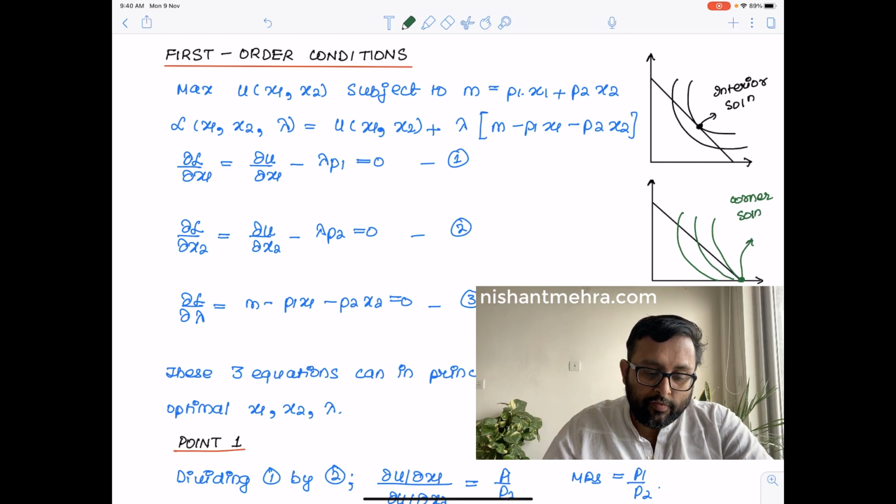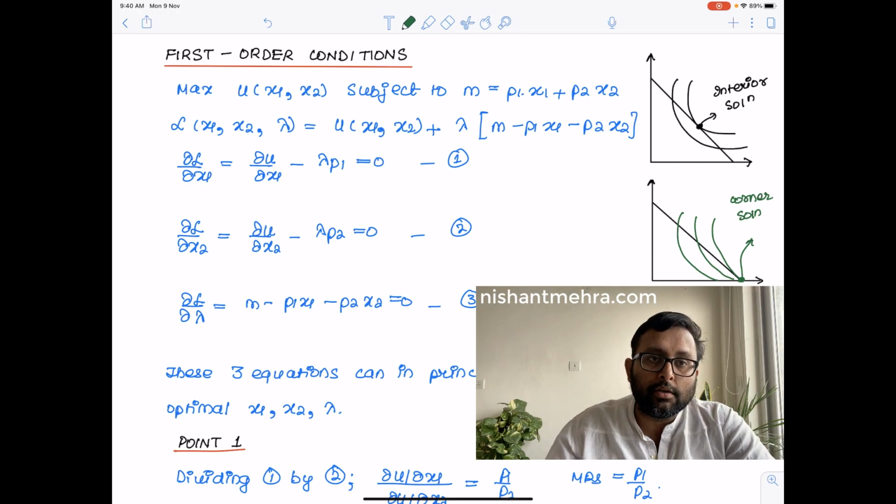So instead of maybe equal to 0, you would have less than or equal to 0. So you need to think about the binding and non-binding constraints. I'm not getting into that, but the only thing is that the Lagrangian is going to give you the interior solution problems, right? For the corner solution, you have the other theorem, which is Kuhn-Tucker.